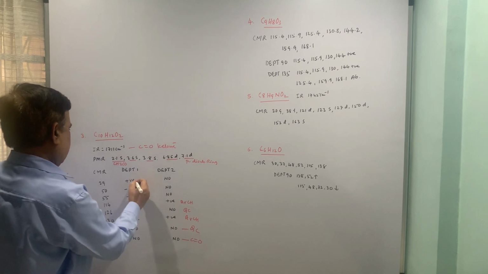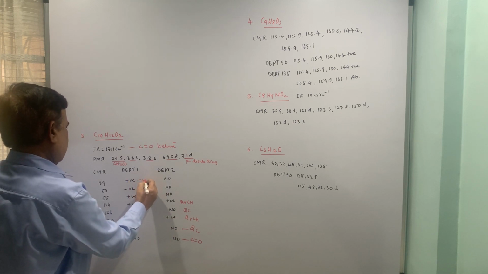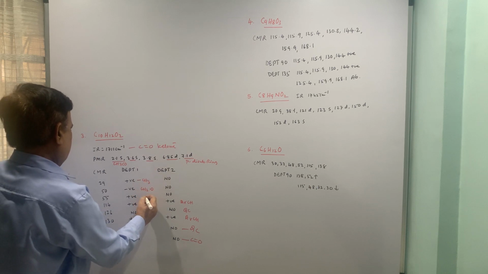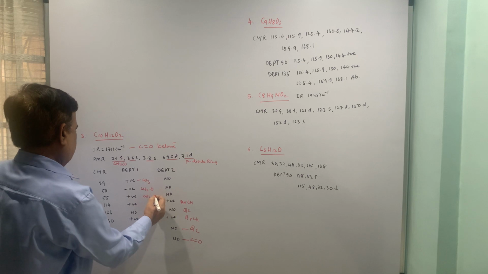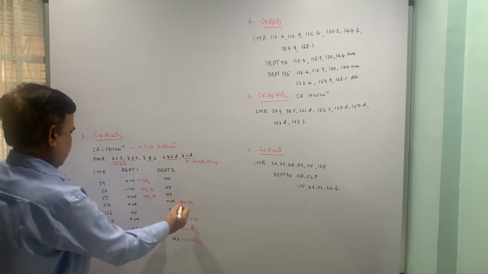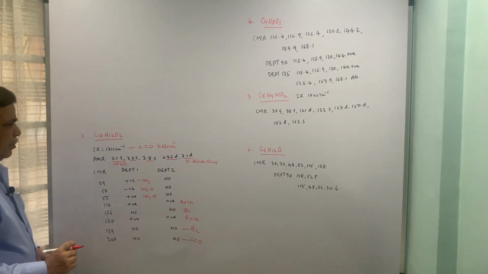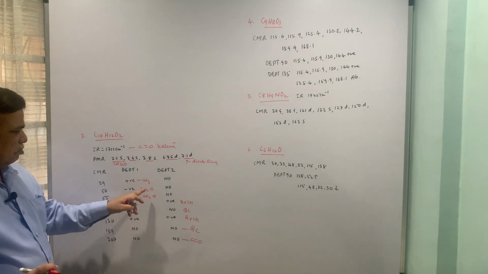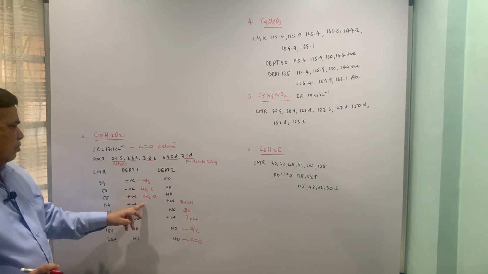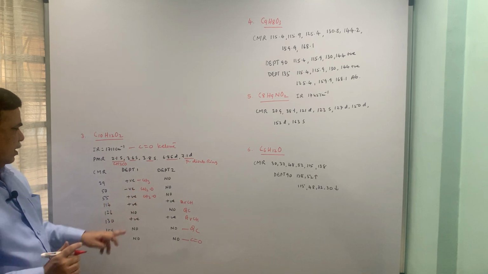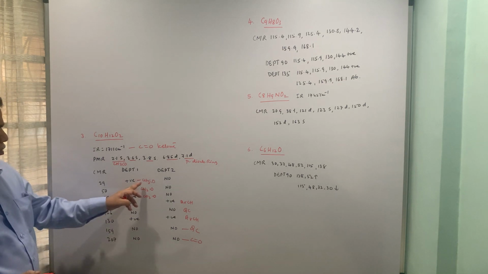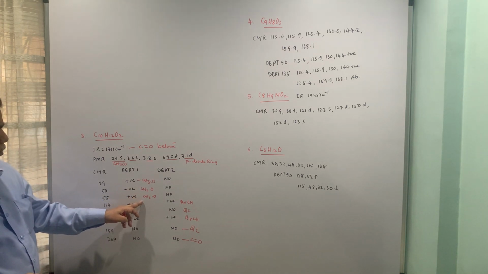Then if you look at this DEPT, this is CH3, CH2 probably O, CH3 probably O, and this we have already written. So we have CH3CO, so everything is there. Now this is probably the CH3 attached to CO, so 3 carbons are taken care of,